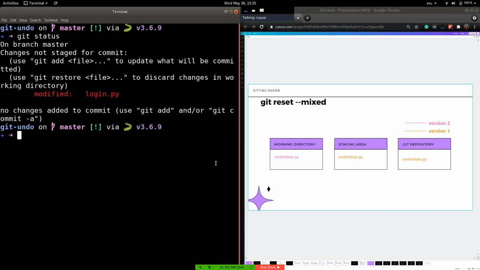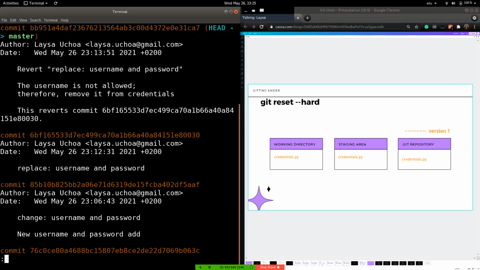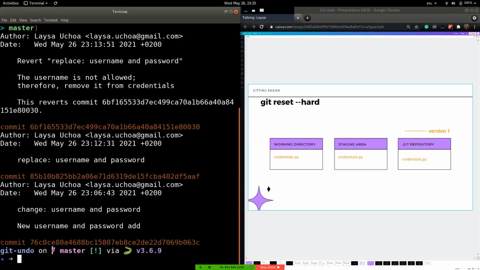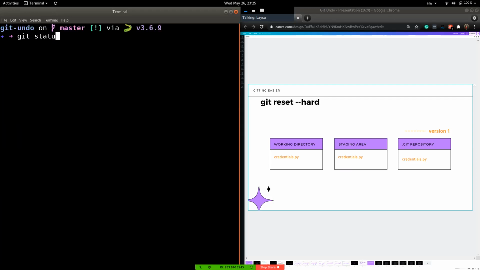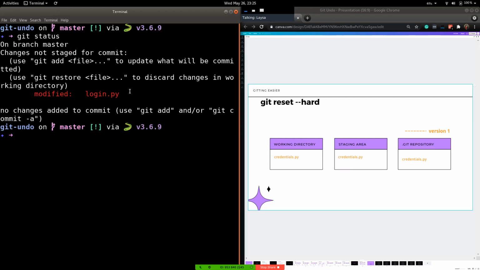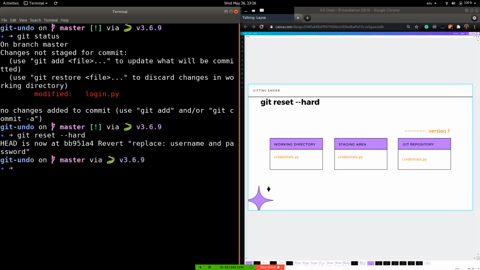So that is how git reset --mixed works. So going even harder, now git reset --hard. How does it work? So I will do it like this. I will see it here, and let's clear here. Here we actually have a previous change here. If we do git reset --hard here, it will,